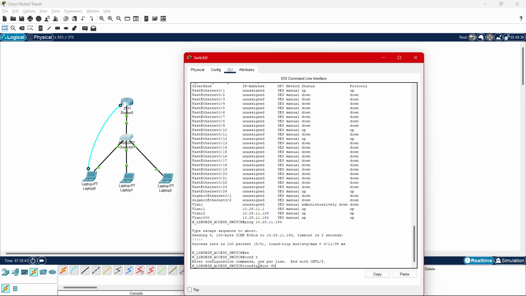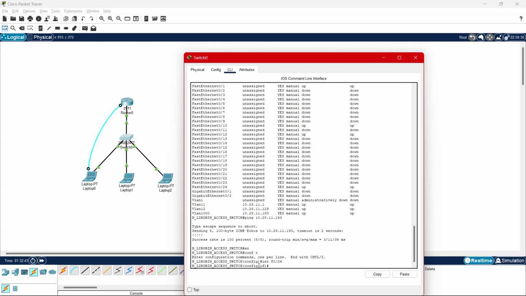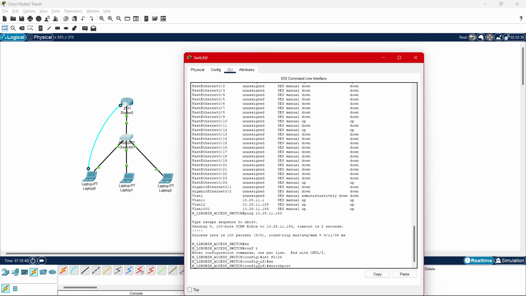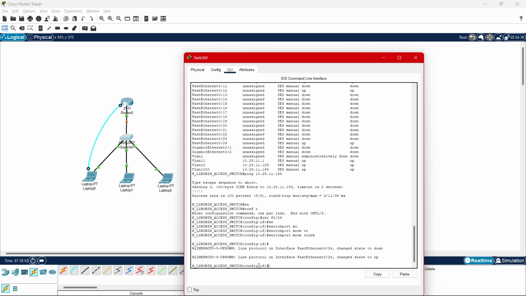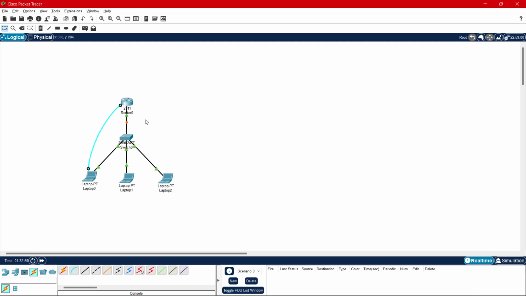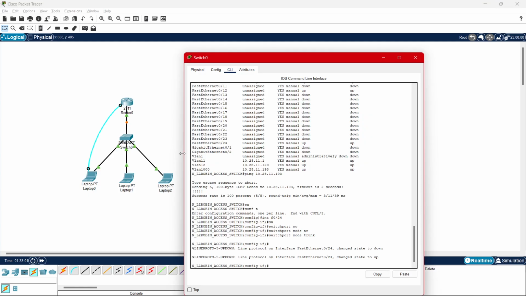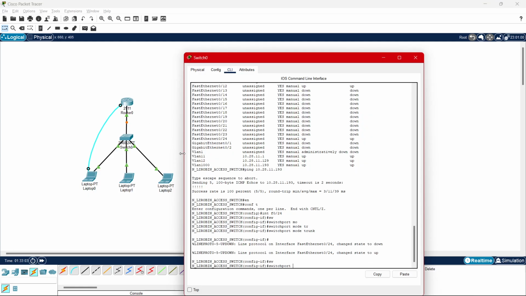int f0/24. And then we're going to do switchport, because switchport is for switches. Mode trunk. And now we are trunking this to the router. As you can see, it's re-enabling it, and it's changing this to the trunk port. And we're going to do switchport trunk